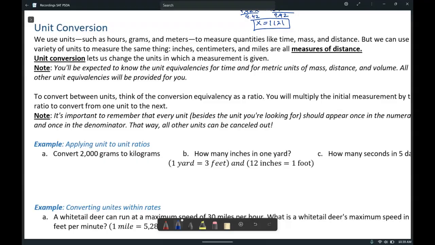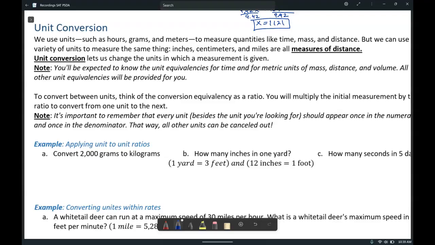We could use minutes, hours, and days to measure time. We can use pounds, grams, kilograms to measure weight. So unit conversion lets us change the units in which a measurement is given. Now on the SAT, you need to know the basic equivalencies for time and for metric units of mass, distance,